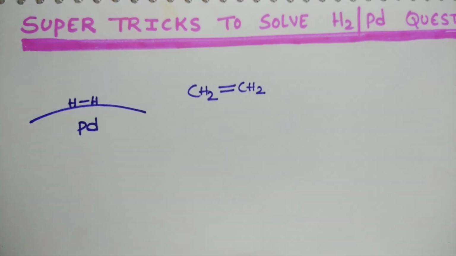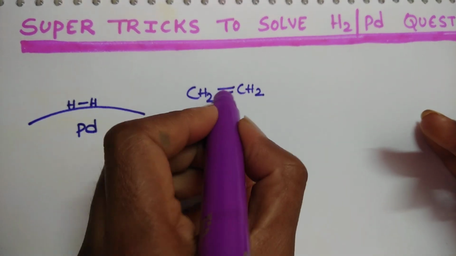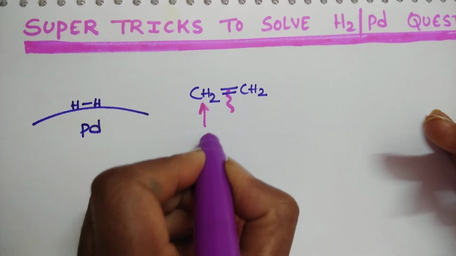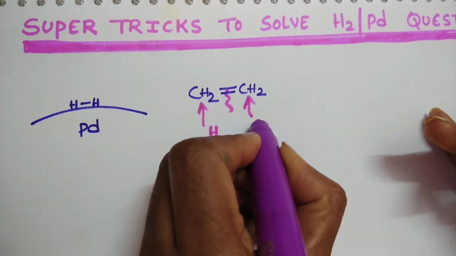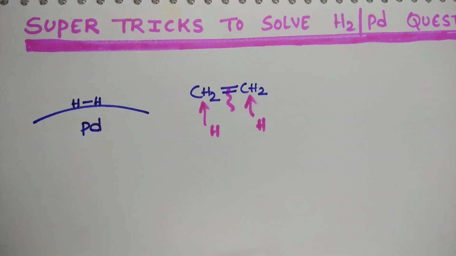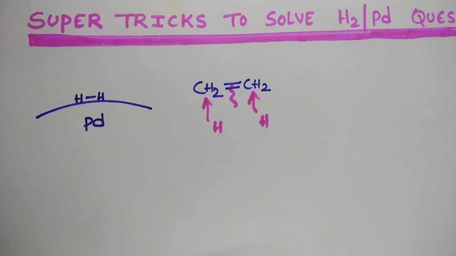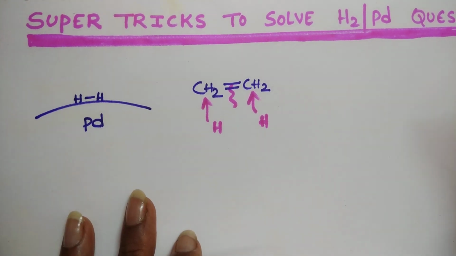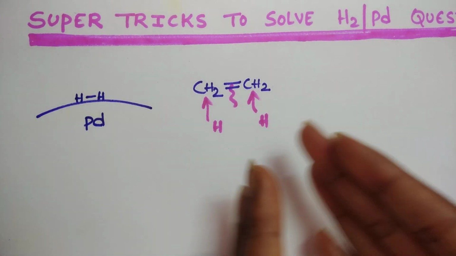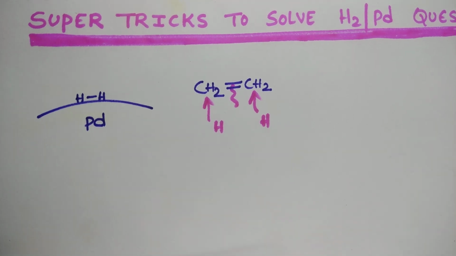And you're adding hydrogen. So what happens is, break the bond, put one hydrogen here, one hydrogen here. That's it. Syn addition takes place. Here I am not teaching you any mechanism. Without any mechanism, simply how to solve the questions, I am going to teach you now. And one more point I want to tell you.